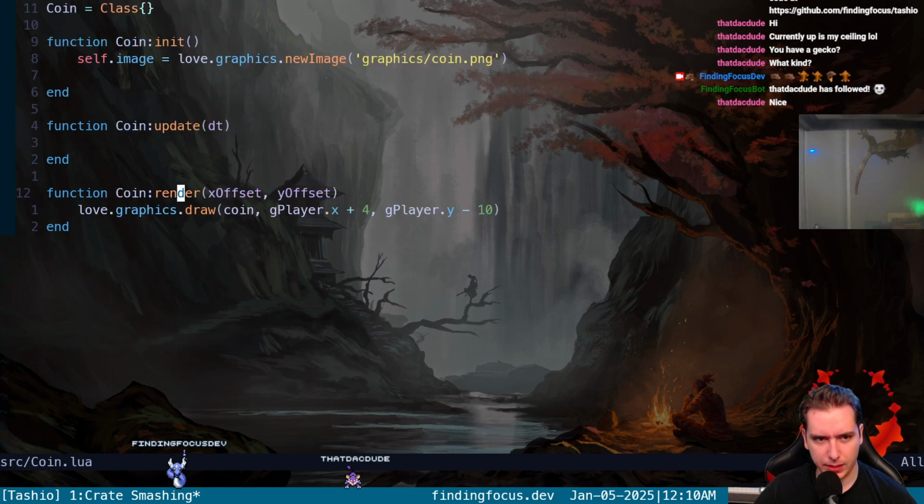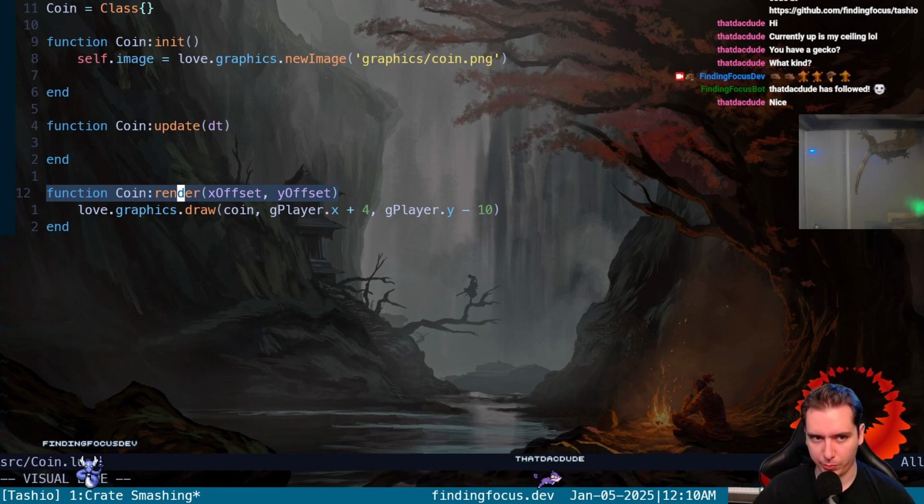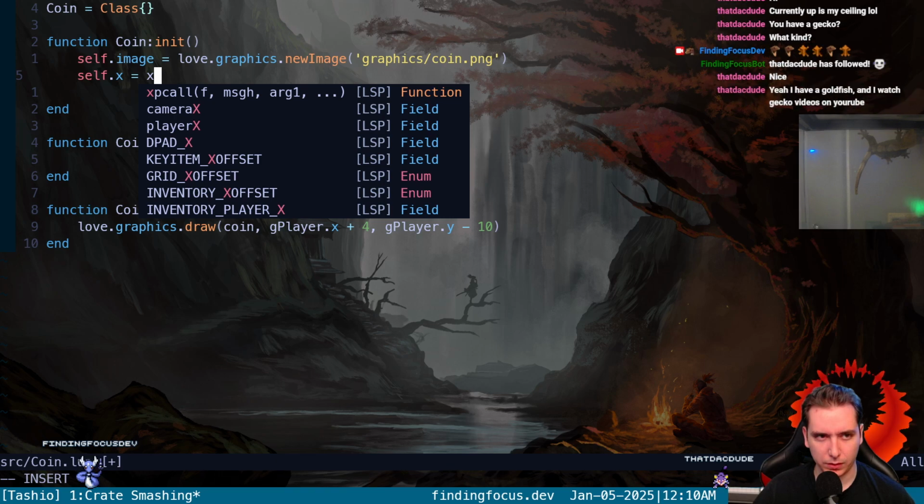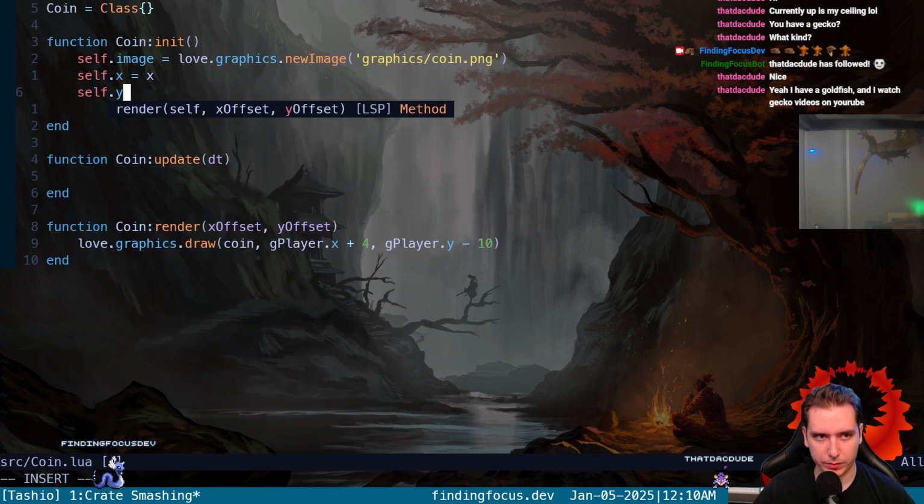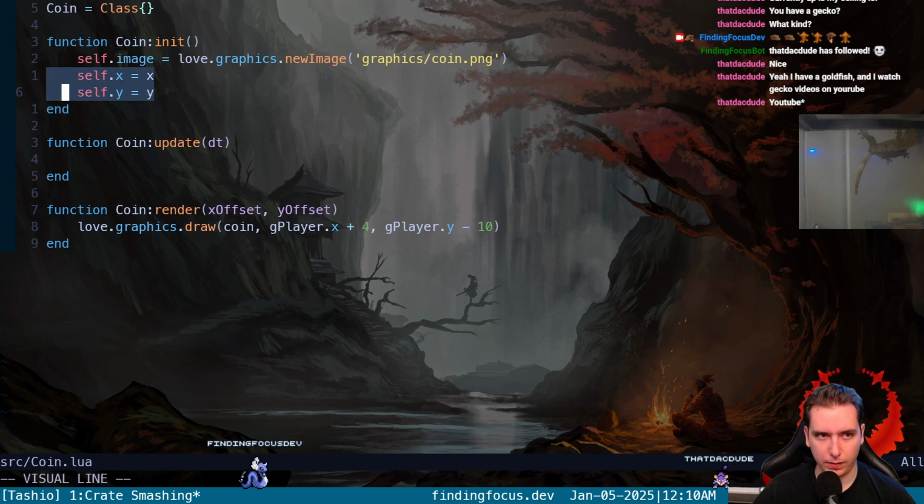Yeah, I want to say if there is no X offset, we can just render it at its own position, because we'll have an X and Y here. Yeah, we'll probably need these as parameters here. And then